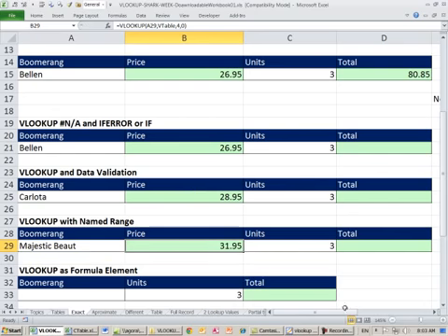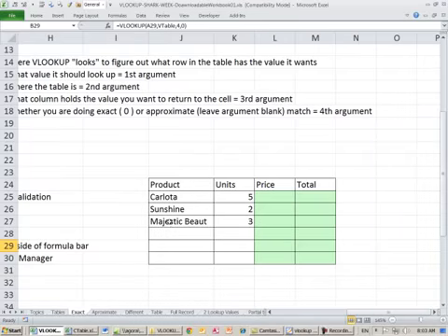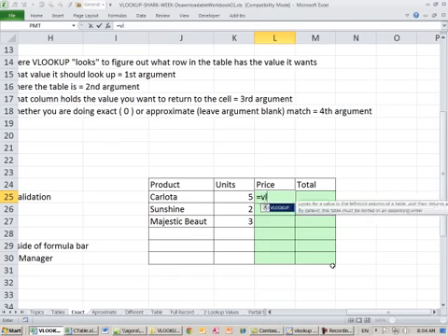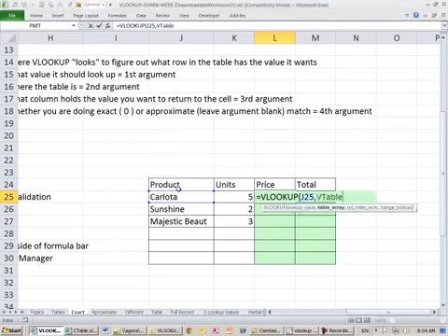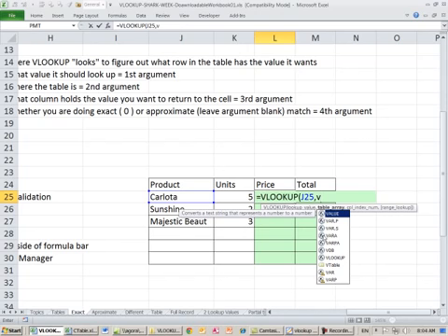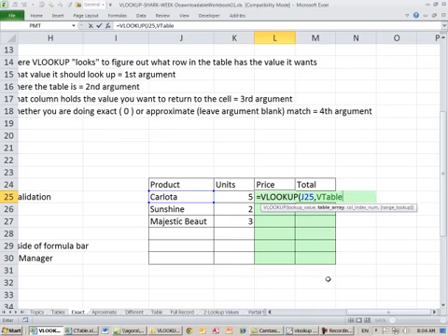Now there's another great advantage to using defined names. Let's scroll over here, and I have a little invoice template. Now let's do our VLOOKUP. Our lookup value is going to be our product name, comma, our table. I'm going to hit F3, double click, comma. Actually, let me show you a different way. If you know how it's spelled, you type VT, and notice the icon is a function for functions and a little dog tag for names. So VT, and then you can hit Tab, comma, the column index is going to be 4, comma,